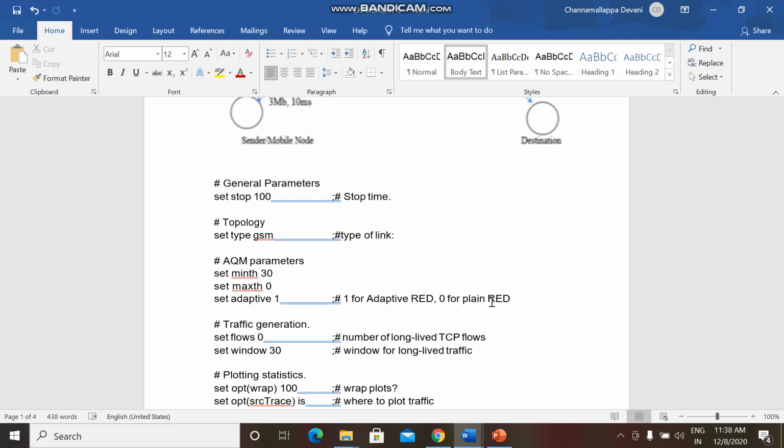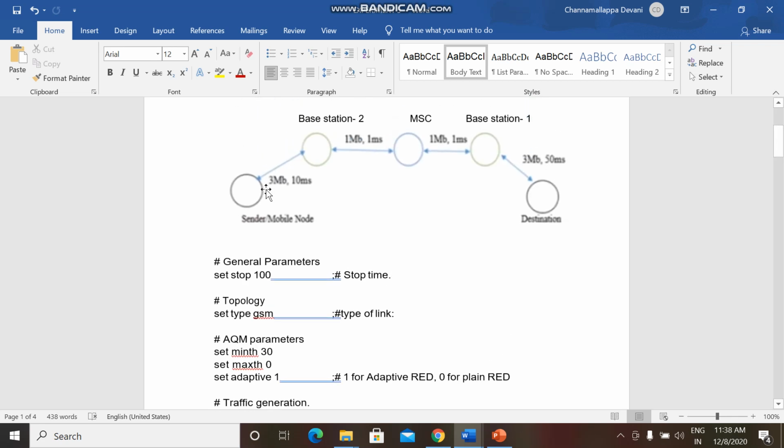Once we set the parameters, the next step is how do we generate the traffic. Whenever we create any topology, we need to send or generate traffic. Here in case of 2G technology, we are using the TCP protocol.